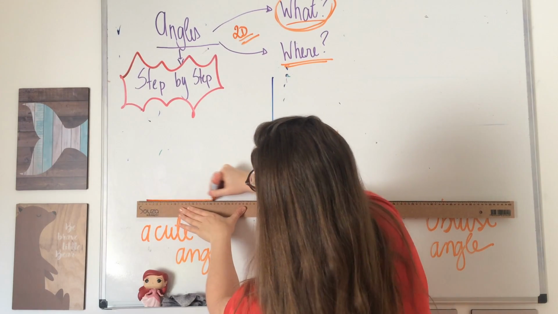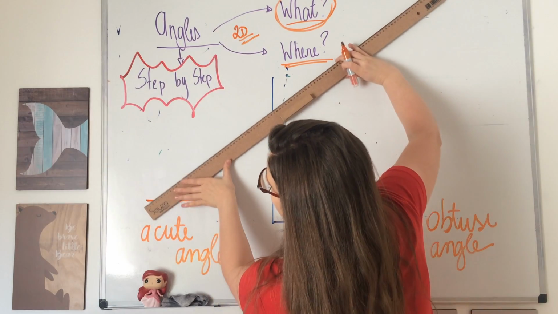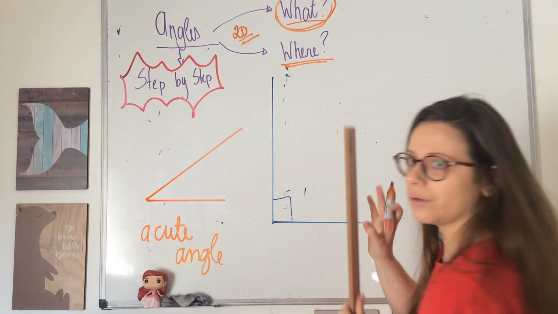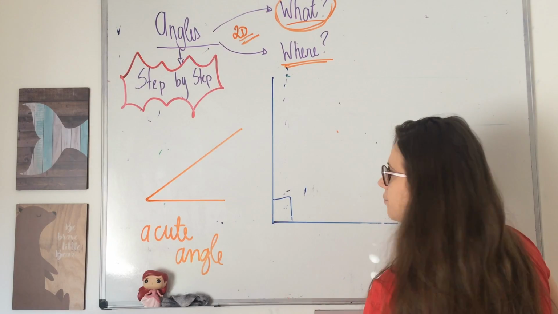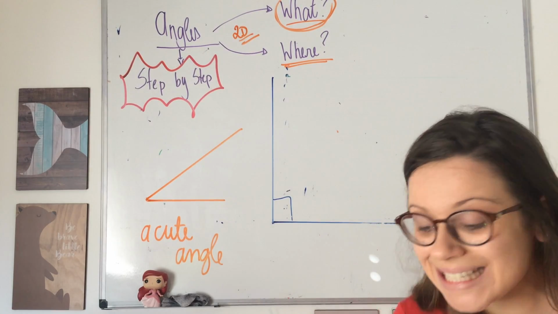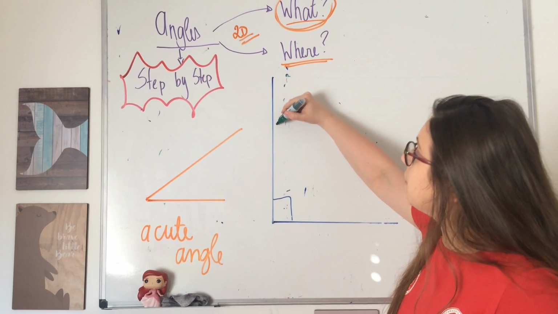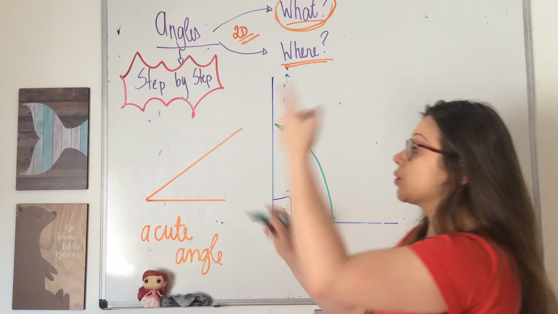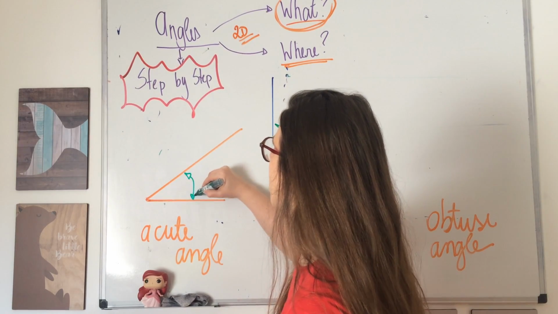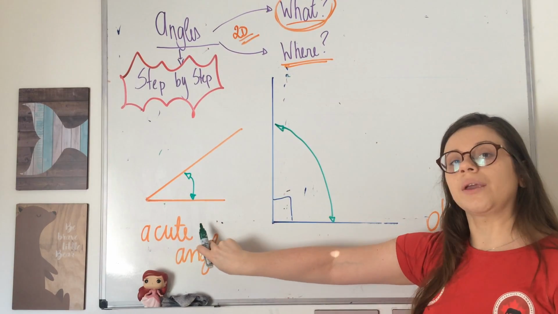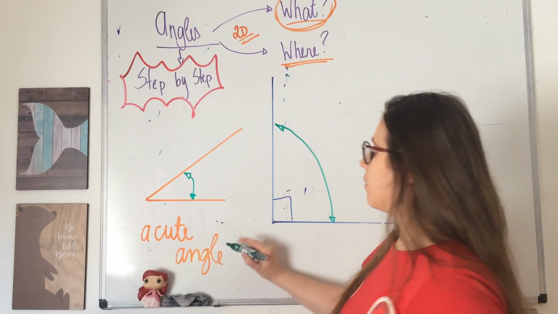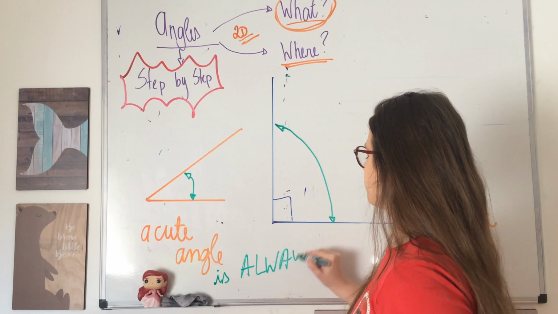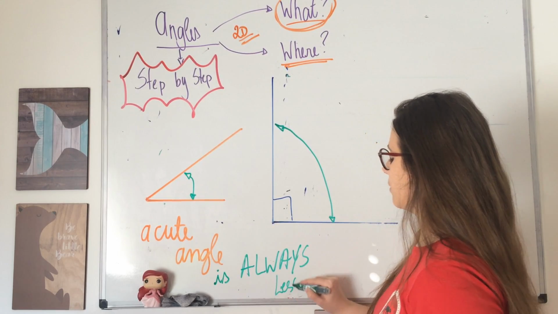The distance between the lines is not the size of the lines. The size of the lines makes no difference. It is the distance between the lines. You see that the distance between the lines in the right angle is greater than the distance between the lines in the acute angle. So the acute angle is always less than